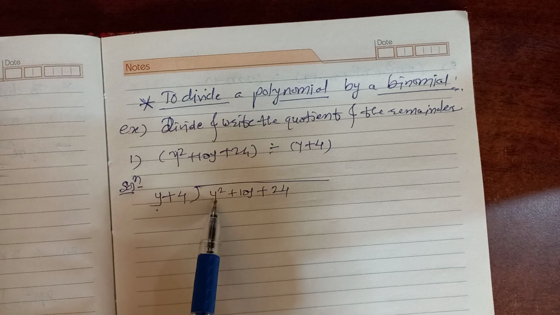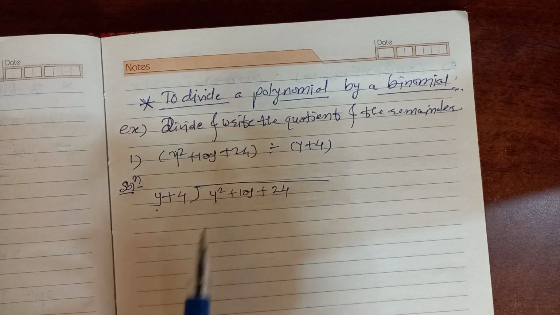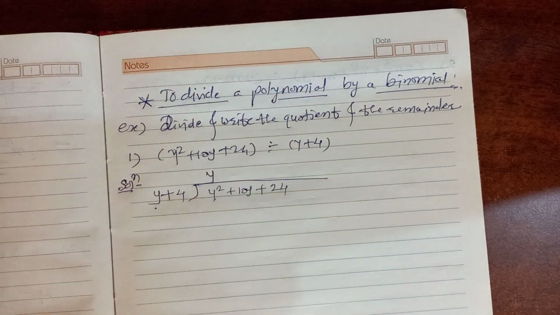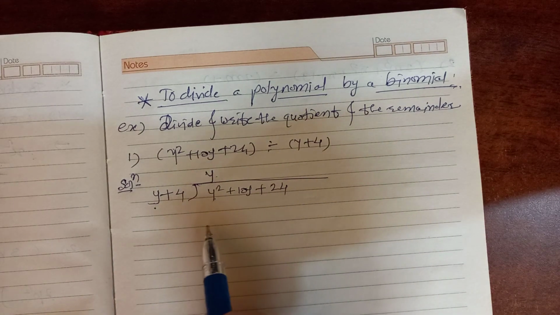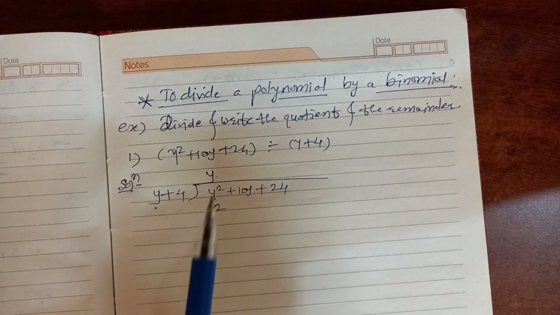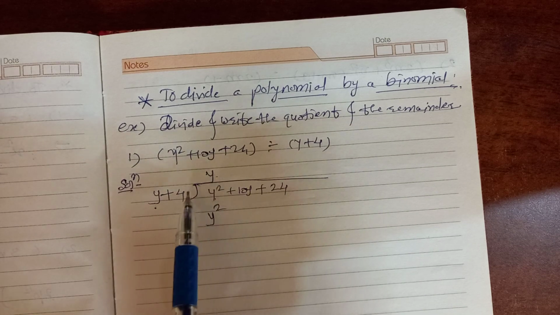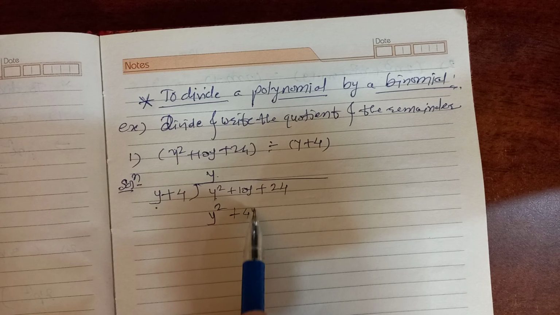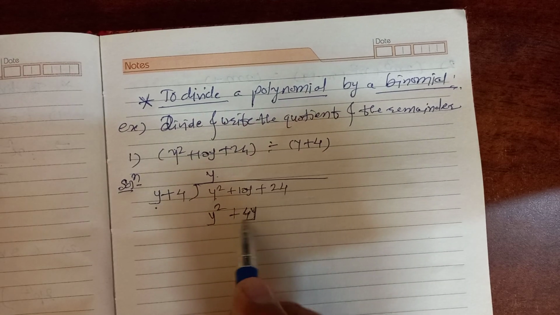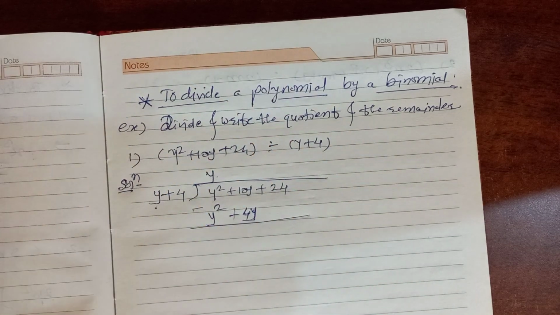The answers come automatically afterward. So here y square. Means by which term do you have to multiply this y so that it becomes y square? We know it is y. Okay, so multiply it. y into y square, one below one, like terms. If unlike terms, you have to find which term is like and write below that. Then y into plus 4, the sign is very important, 4y. So we have written here 4y below the 10y. Okay. We know we have to subtract.